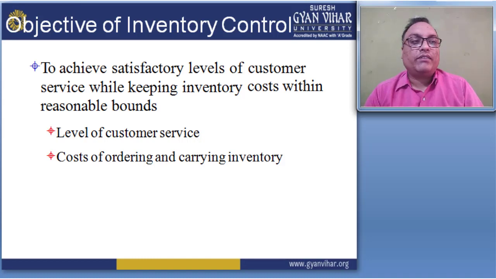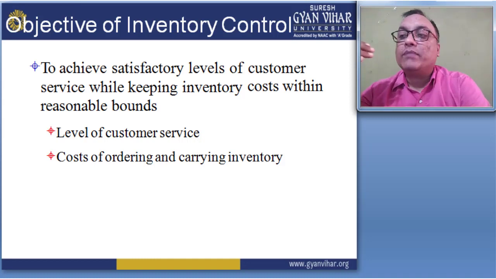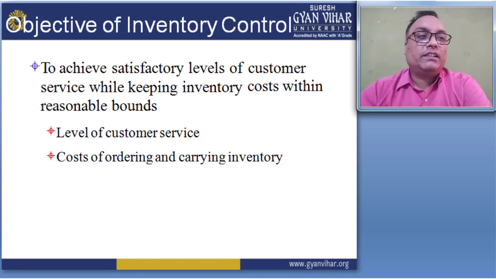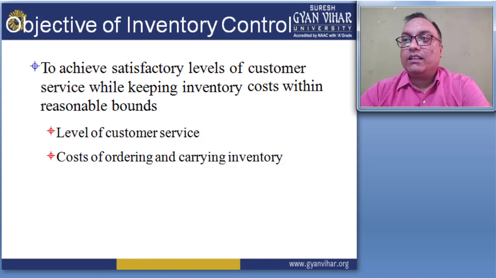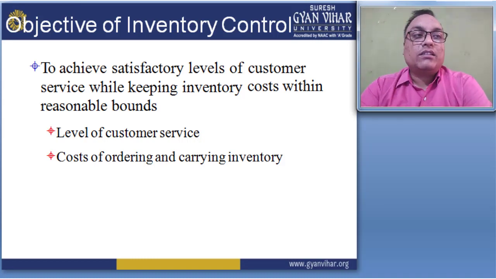ordering and the carrying cost. The cost of ordering means the cost of how many items you order for the raw material case, right? This is the cost of the ordering, and the carrying inventory means how much raw material is held in your warehouses. So this is the cost of the ordering and carrying inventory. And the next is here